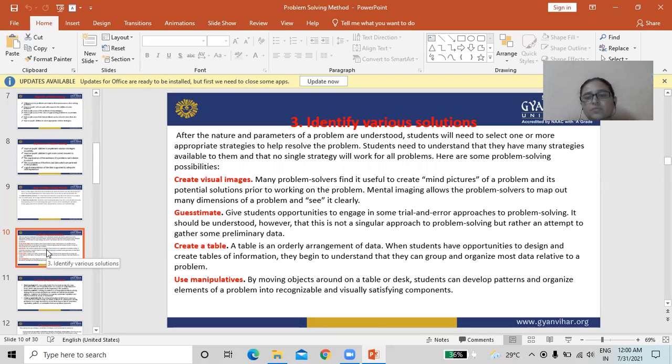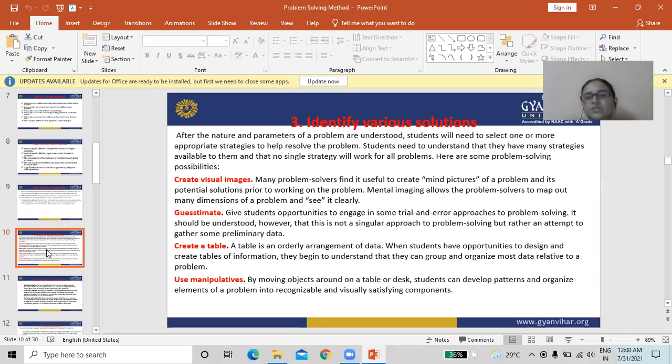Many problem solvers find it useful to create a mind picture of the problem and its potential solution prior to working on the problem.